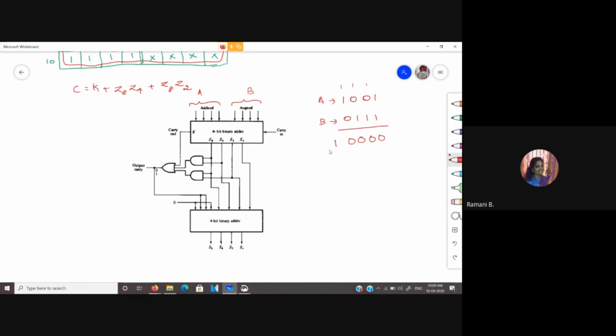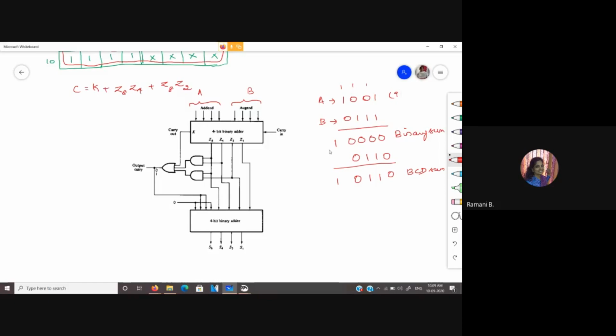So this is my binary sum. Now to get this in BCD form, we add 6 to it. So 0, 1, 1, 0. So adding 6 to it, we have this. So this is my BCD sum.